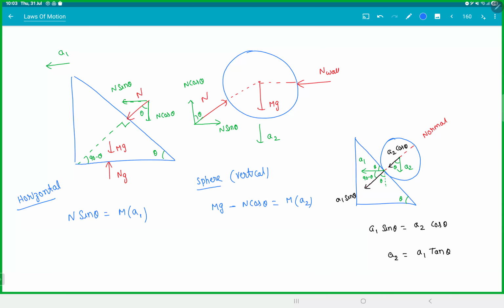Choose your x and y axis, resolve the forces along x axis and y axis. You're done. So you want to find A1 and A2. So take n from here. N is equal to ma1 by sine theta. Take this and substitute here. This will be mg minus n cos theta. N is nothing but ma1 by sine theta, cos theta, which is